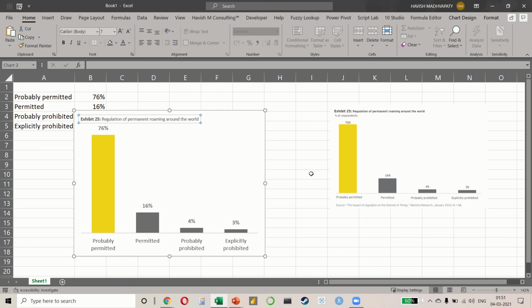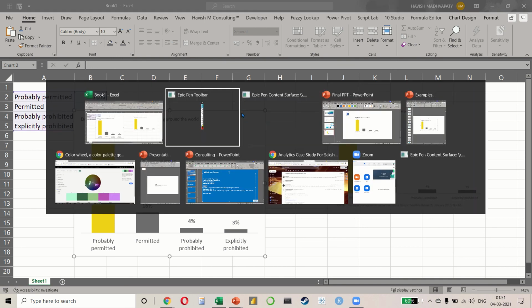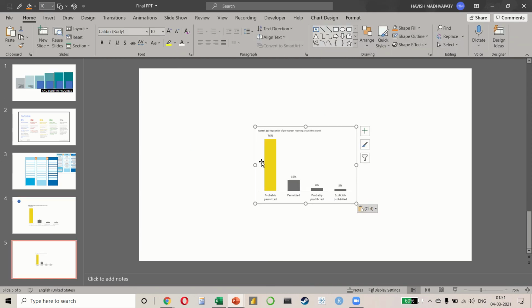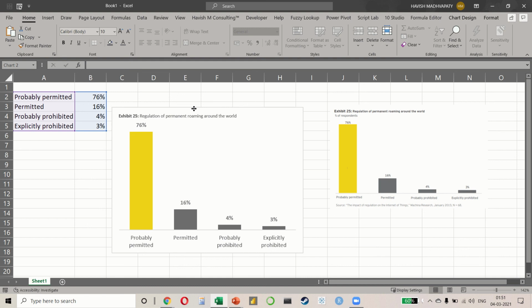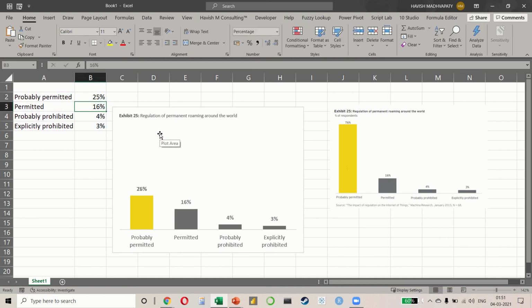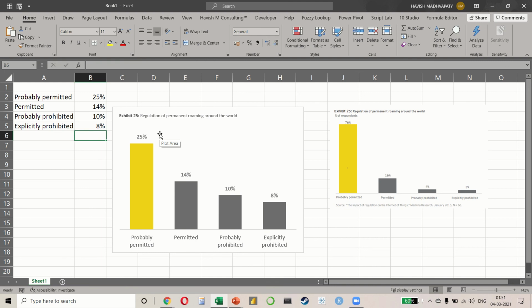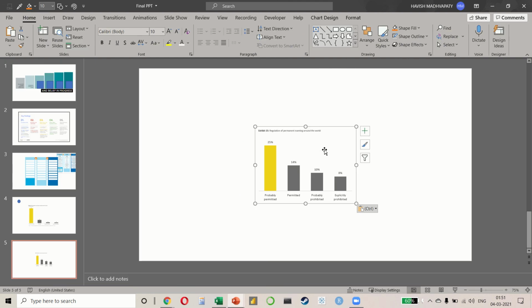Now we had been given this slide and we have created it. Why did we not do this directly on PowerPoint? We could have by creating different shapes, but now because it is an Excel chart, when I copy this and put it back on our PowerPoint as a chart, we can also link it. This means that in the future, if these numbers change, for example, this becomes 25, this becomes 14, this becomes 10, and this becomes 8, the same changes will reflect in the PowerPoint as well.